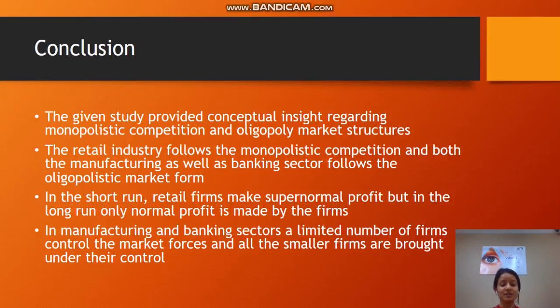Based on the study, it could be reported that in the monopolistic market situation, segments like the retail sector would profit in the short run, but this will not survive in the long run as several new market entrants are increasing, and it would rapidly rise to oligopoly. However, in the case of banking in Australia, it has been reported that only a limited number of firms dominate the market. Therefore, there are